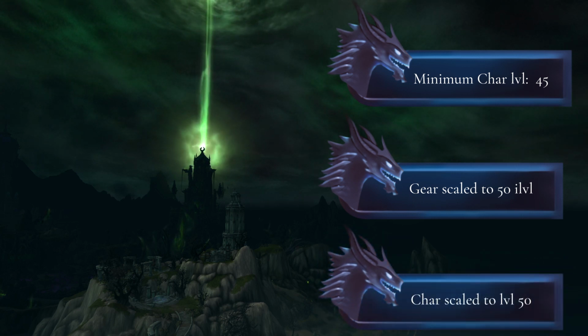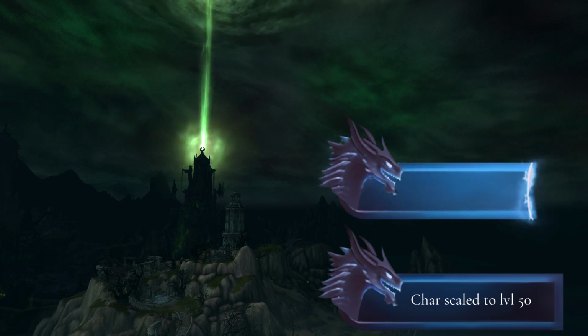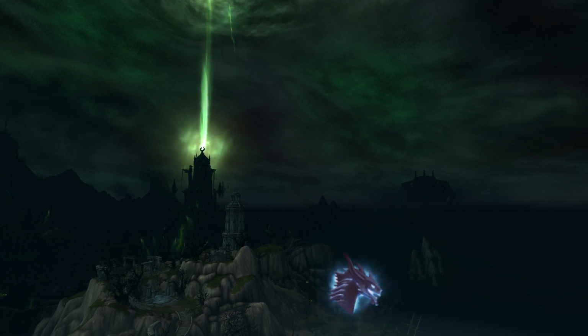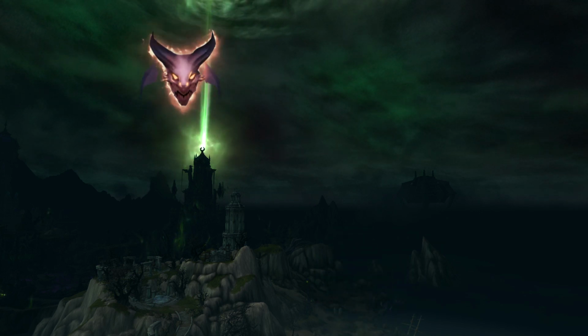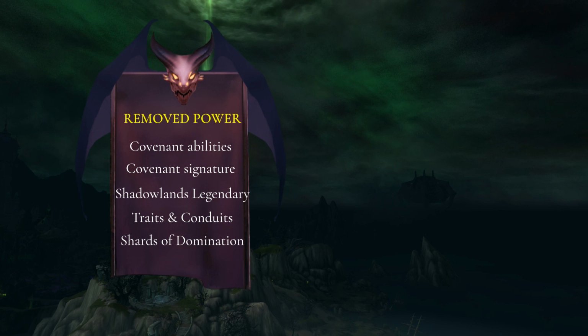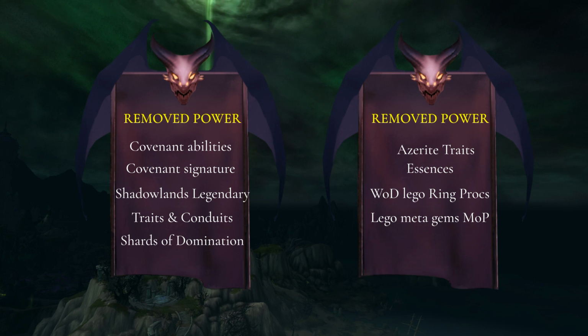Now Blizzard has removed a lot of the powers when it comes to Timewalking Mage Tower. So a lot of these borrowed powers that we're getting from different expansions and also in Shadowlands won't work when you enter it. What we know right now is the following: all Covenant abilities, all Covenant signature abilities, all Shadowlands legendary effects, all Soulbind traits and conduits, all Shards of Domination, all Azerite traits, all essences, the legendary ring procs from WoD, and the legendary meta gem from Mists of